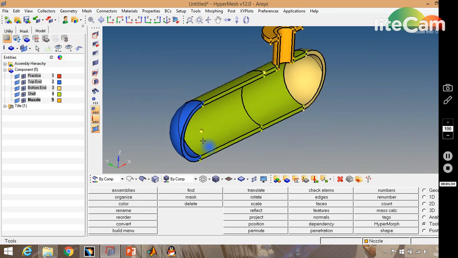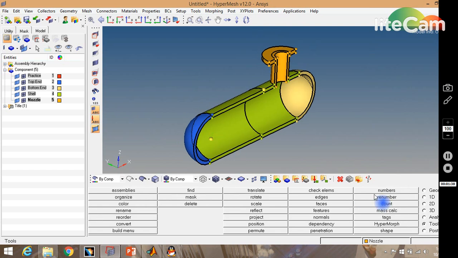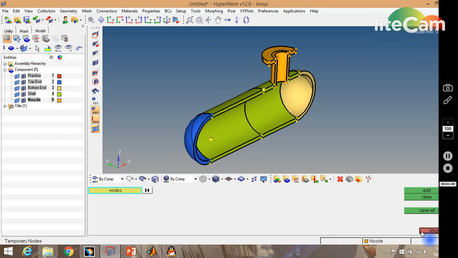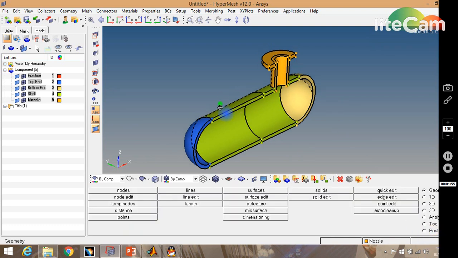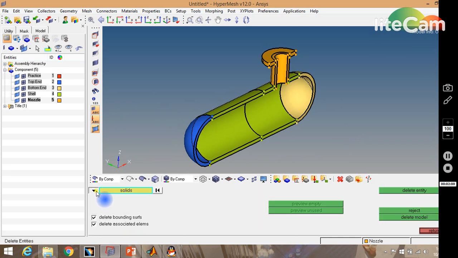Now I no more need this node, so I will clear this node. To clear all those temporary nodes, you go to the geometry page and open the temp node panel. The shortcut is Shift and F2, and I'll say clear all, so all temporary nodes will be cleared. Okay, and now go to the delete panel, select here